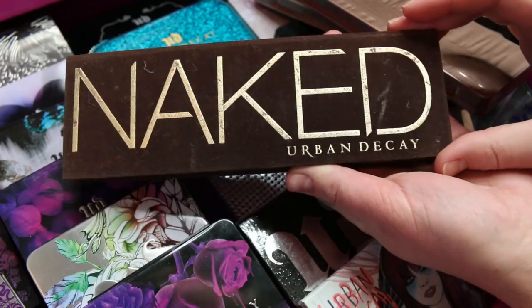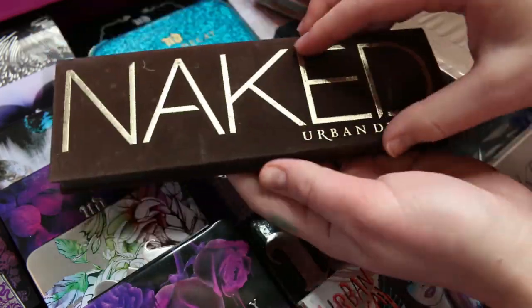Then I have the infamous Naked One palette right here. You guys will be...